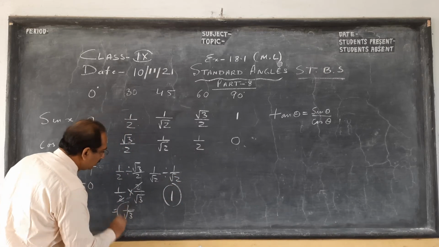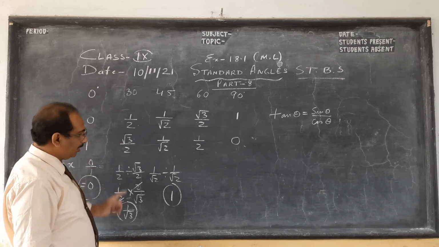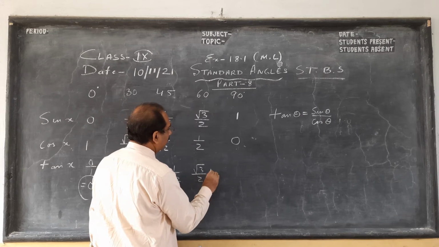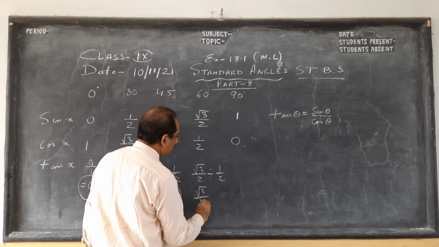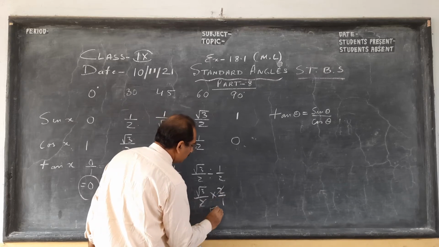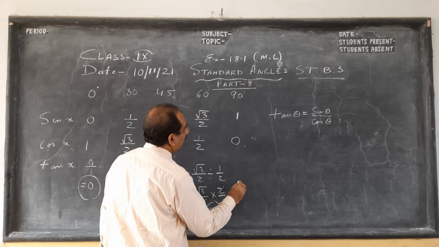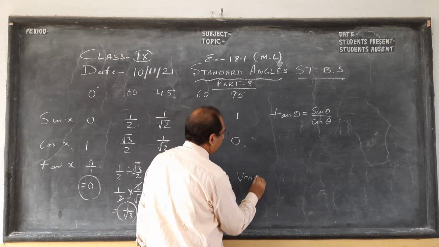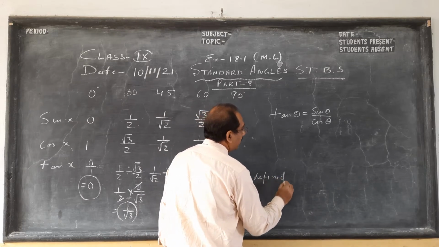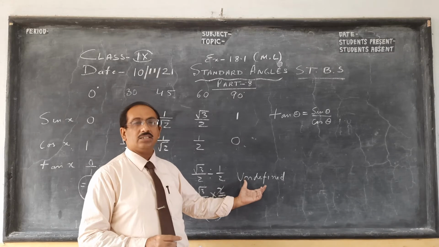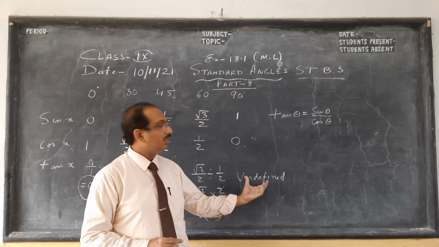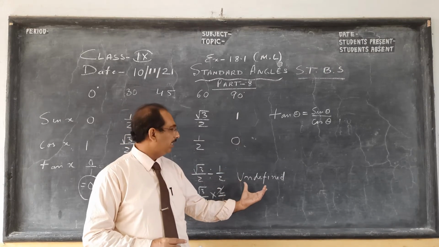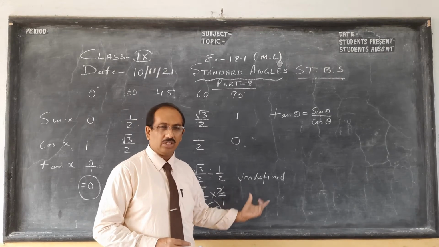Okay. So these are the values: tan 0 is 0, tan 30 is 1 by root 3, tan 45 is 1. Same way here, if you do root 3 by 2 divided by half, when you convert this half, 2 will go up. So it is root 3. Tan 60 is root 3 and tan 90 is undefined. 1 by 0, 0 in the denominator is undefined. Okay, it cannot be defined, it is meaningless. Some teachers and some people say it's infinity, which is wrong. Undefined, it has no meaning, something upon nothing. So whenever you have denominator 0, it is undefined or meaningless or not defined in mathematics.